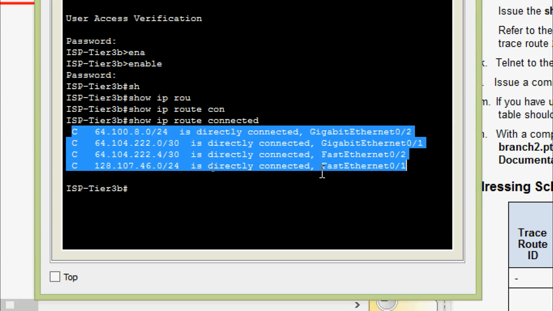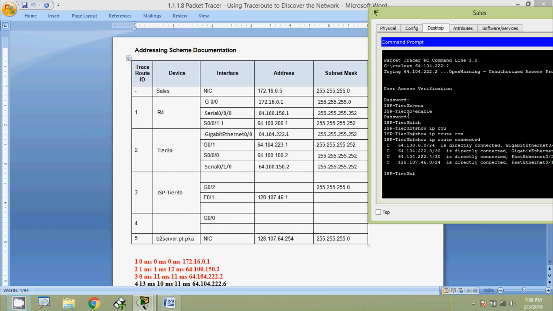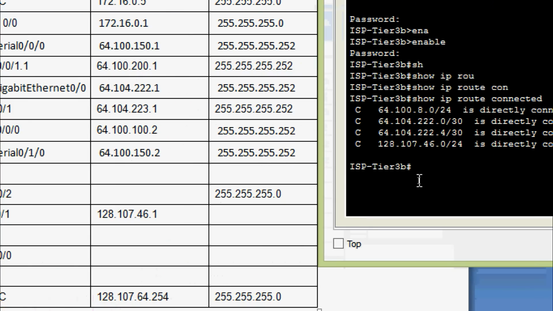So these are the networks connected directly to this router ISP-Tier3B. Now we will get all the details of the interfaces in this router ISP-Tier3B, and we will add them into our addressing scheme. Here we will give a show running config,